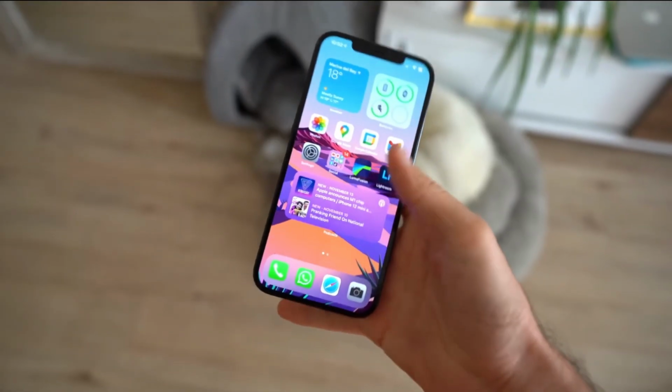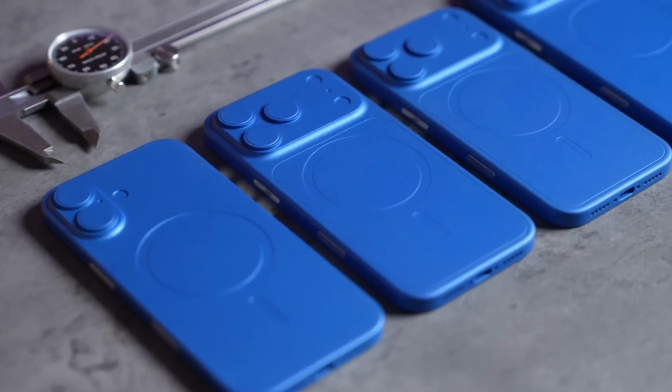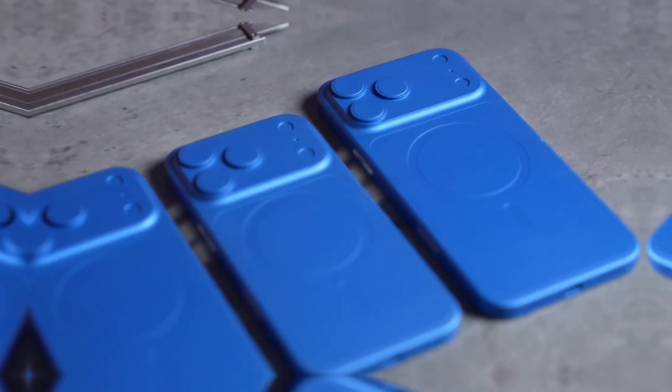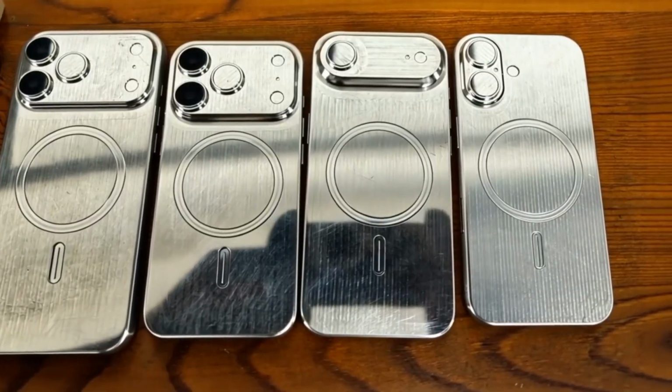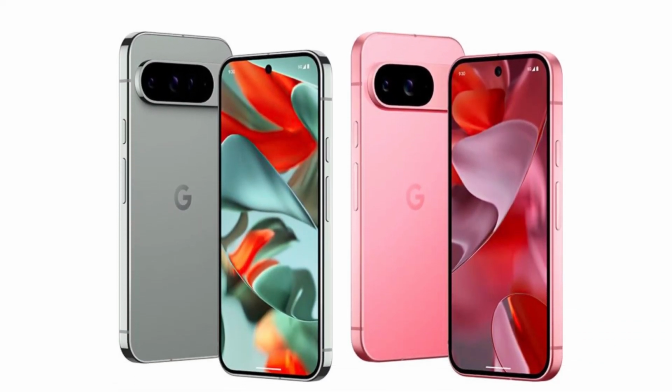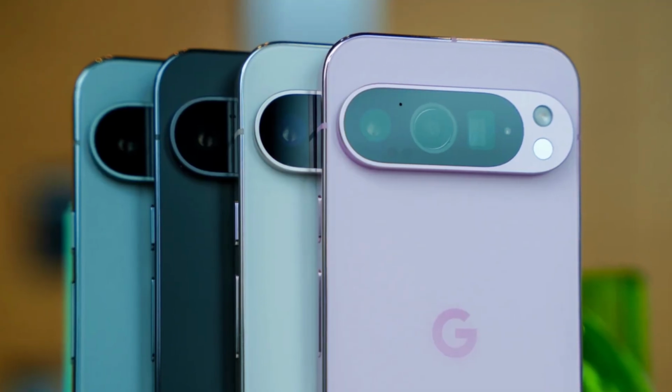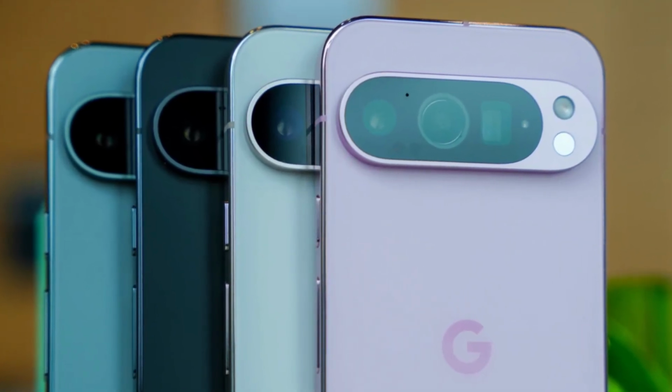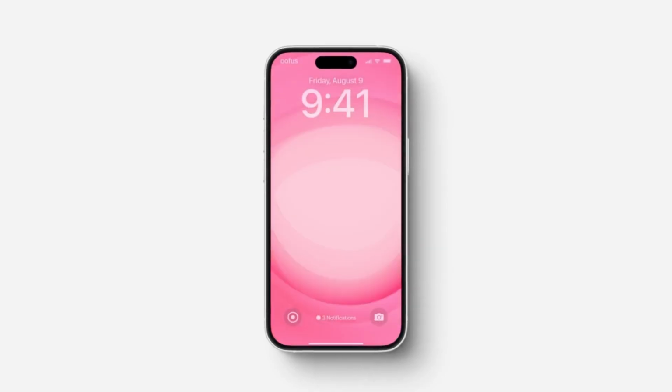Not everyone is excited about this new design. Some users have already voiced their dislike for the rear camera bar, calling it unattractive. Others feel it closely resembles the camera setup seen on Google's Pixel devices, arguing that it lacks originality. Of course, design preferences are always subjective, and what some find unappealing, others may see as a fresh and modern